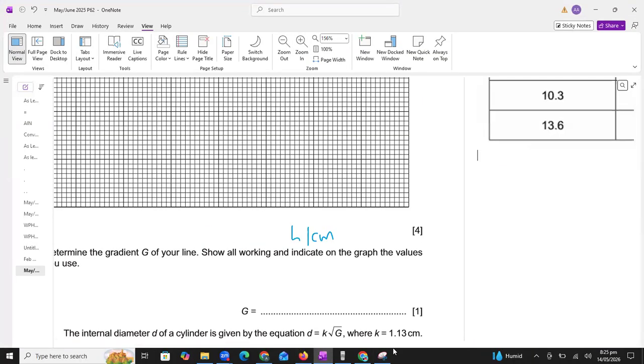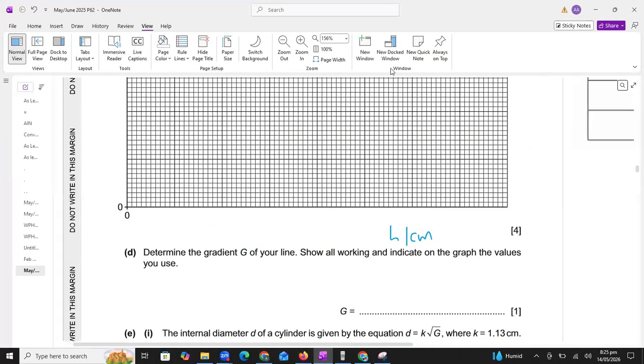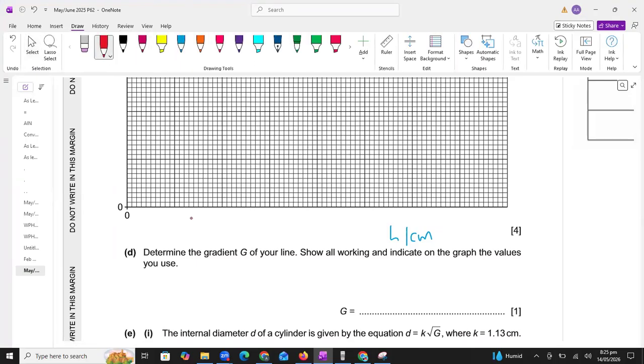So we have to take the reading till 14 centimeter. Now students, let me change the color so we can mark. Okay, now 0, this must be 2, 4, 6, 8, 10, 12, 14. So you can see the 80% graph has been covered. It means we are taking the scale of 2 centimeter equals 10 small boxes.